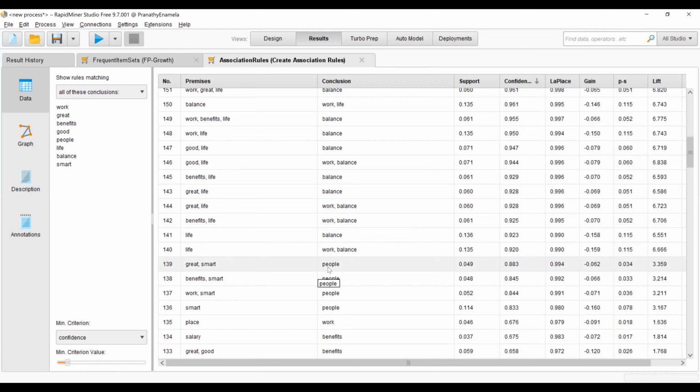So it says great, smart people, benefits, and then salary is good, benefits. It's a great company, a great environment. So I think you can pick up a lot of these words and then build on a summary. So basically we have not read the 4,500 reviews, but in about probably, let's see if we can,